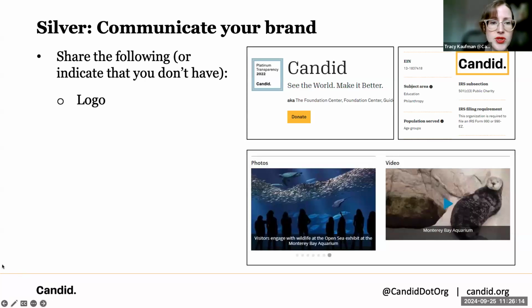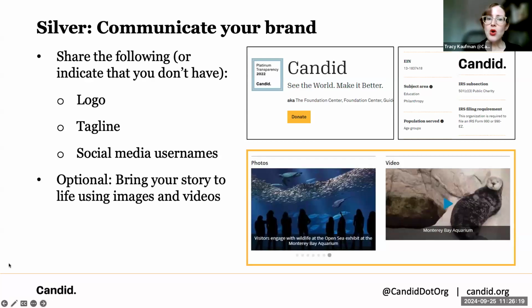Okay, then we also have branding. So if you want to include your logo, your tagline, things like that, you can do that if you want. You can put in your social media handles if you have a very active presence on, I don't know, Instagram or whatever it happens to be, and you want to make sure that you're driving people there so that they can see what kinds of content you're putting up, you can do that.